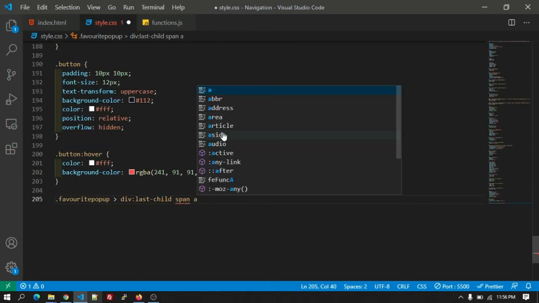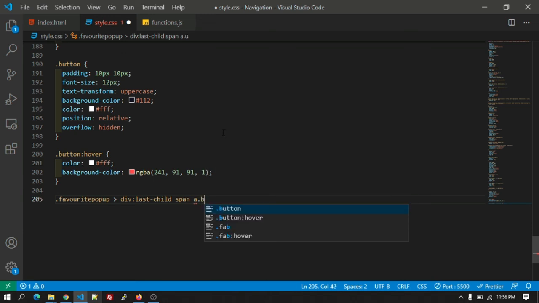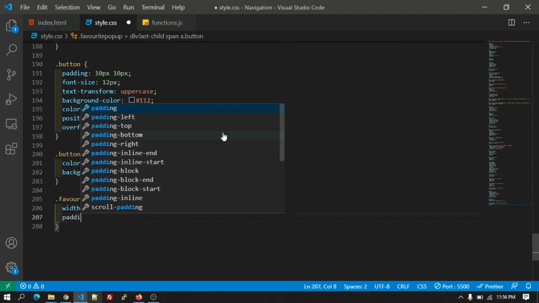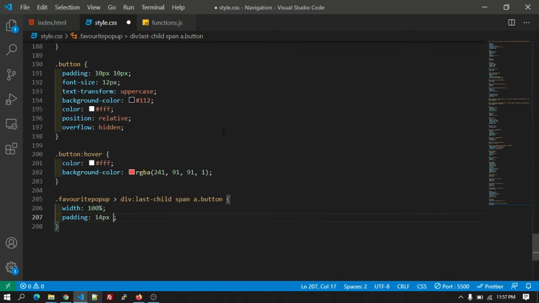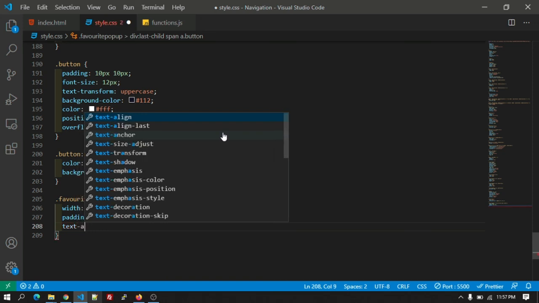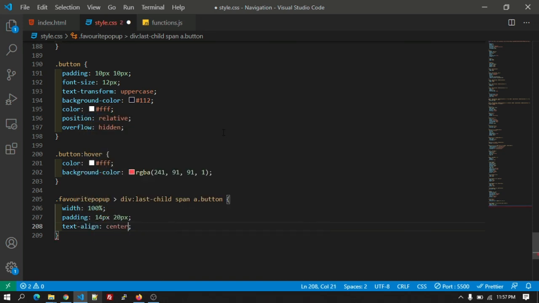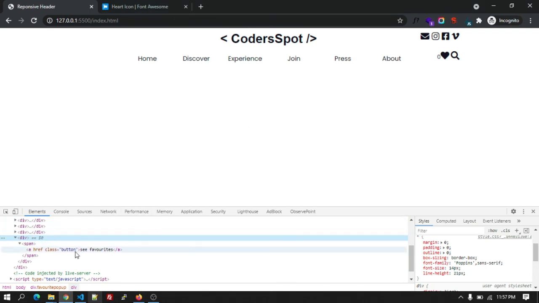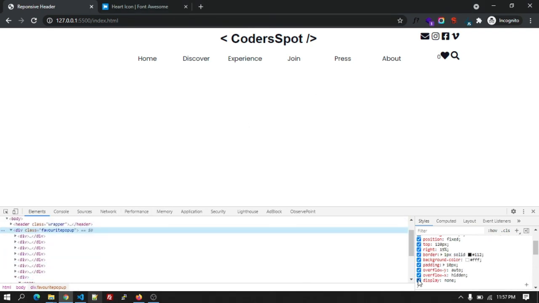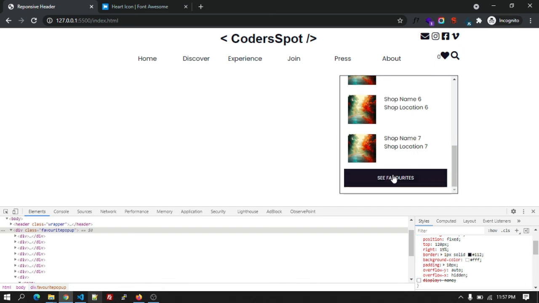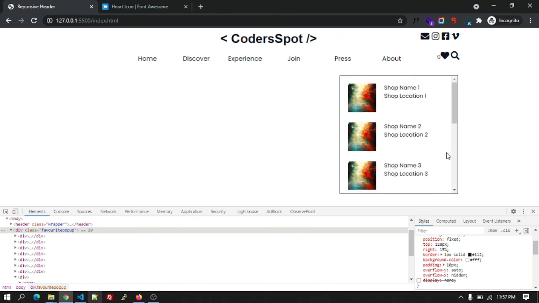So span a dot button, and let's give the width as 100%, and padding will be 14 pixel, 20 pixel, and text align center. Okay, so let's see how it is looking right now. So it's fully centered and the full width. Okay, so this much we have completed.